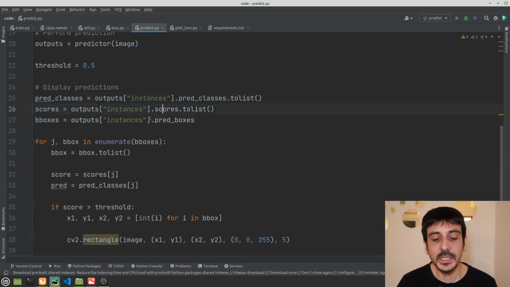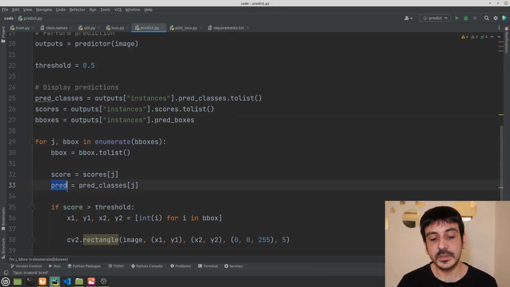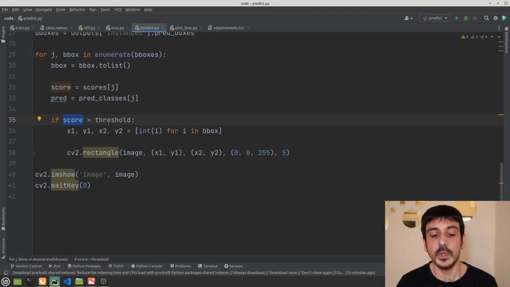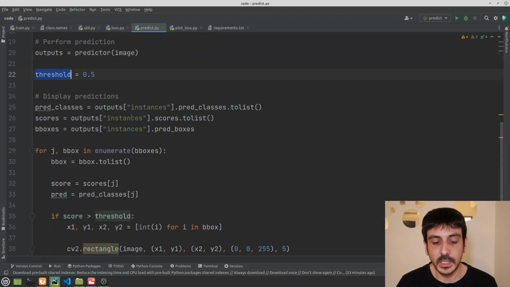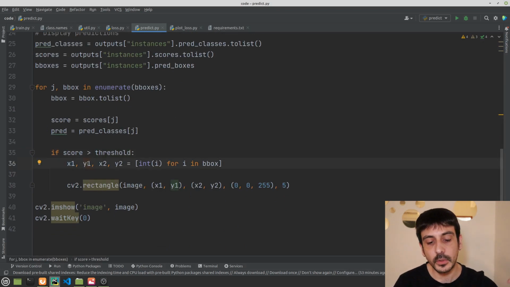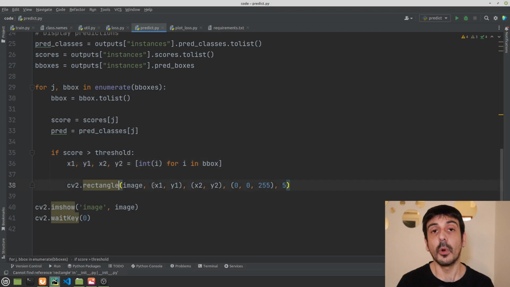And then I am iterating over all the bounding boxes, and for each one of these boxes I am getting the confidence score of that specific detection. I'm getting the class ID I'm detecting, and then if the confidence value is greater than the threshold, I am getting the XY position of the top left corner and the bottom right corner, and then I'm drawing a rectangle on top of my image.